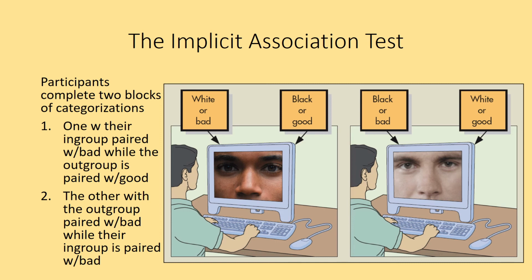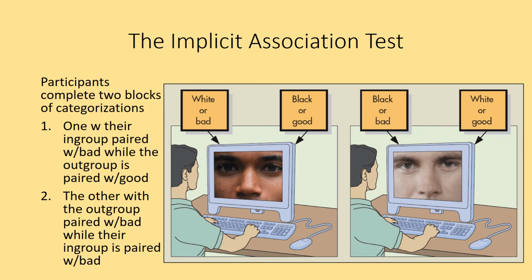And then the right key, often the I key, to categorize black photos and good words. And then it gets reversed for the second block. Okay, and you pair one group with good, and the other group with bad. Okay, so you flip it around. And what happens is this can reveal what kind of bias you might have towards a group versus